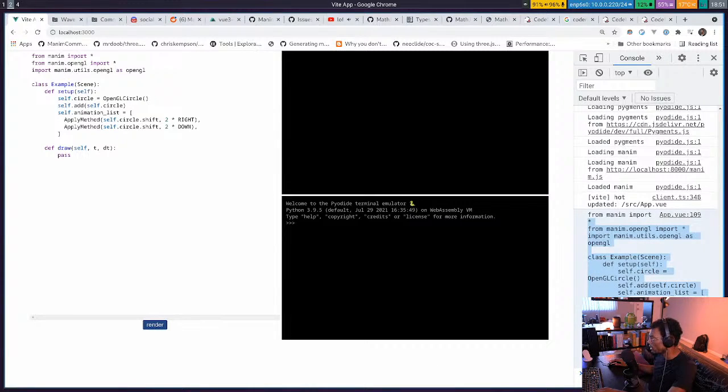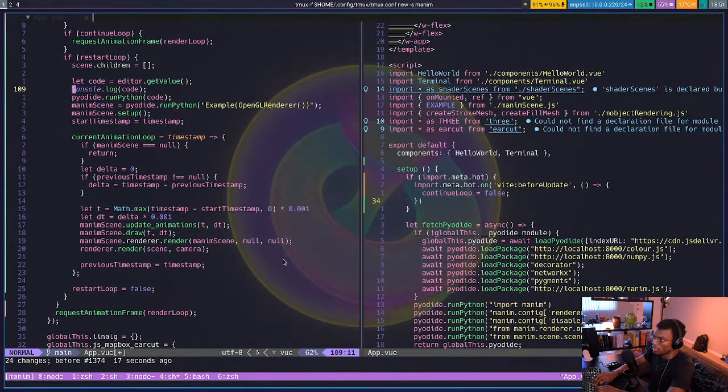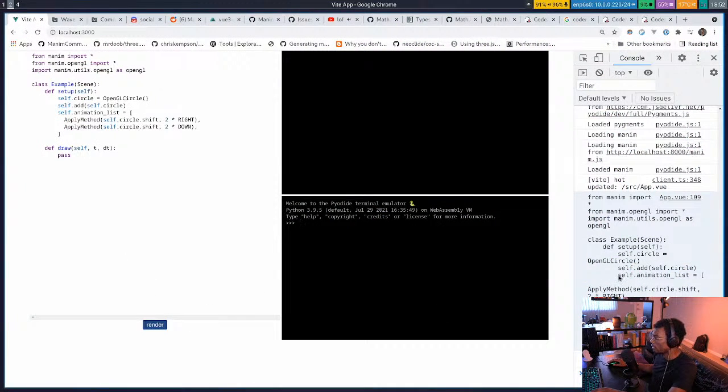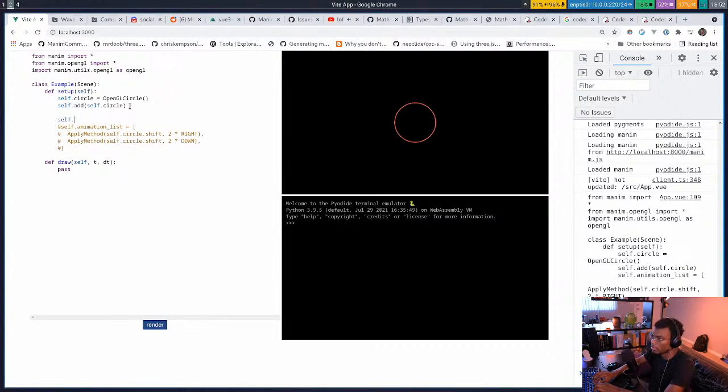Okay, so that gets the code. So now I can do editor.getValue, run Python that. So maybe now this will do what I was expecting it to. So that will move it. And this, okay, so this will leave it there. So maybe now